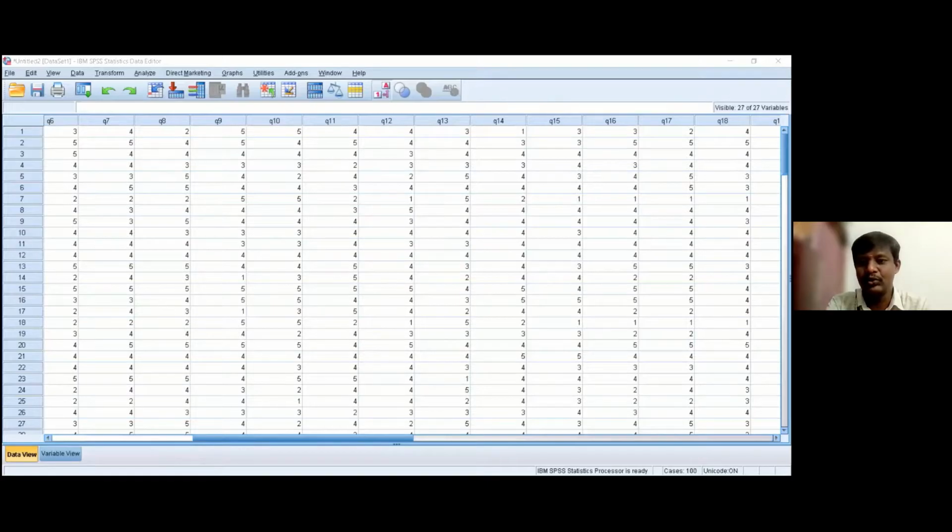When the 2 groups are from the same population, we use paired samples t-test. When the groups which we are going to compare are from different populations, we use independent samples t-test. When you are trying to compare the mean value of a variable with a predefined value, we go with one sample t-test.